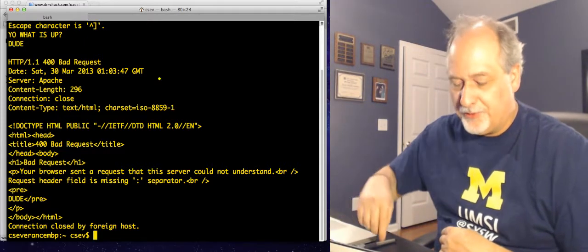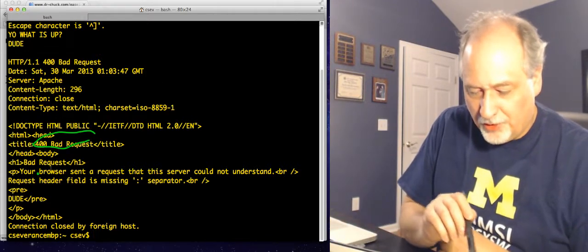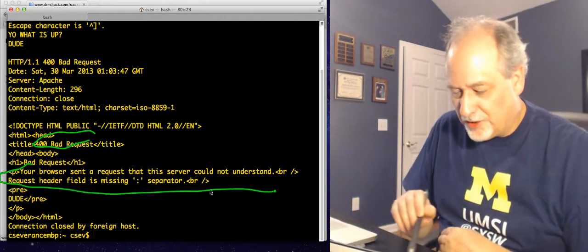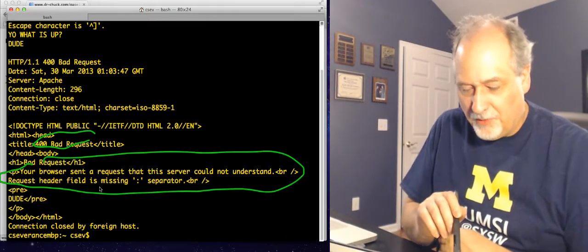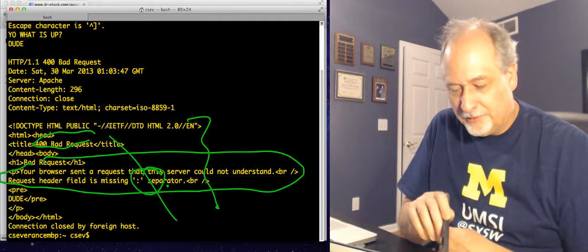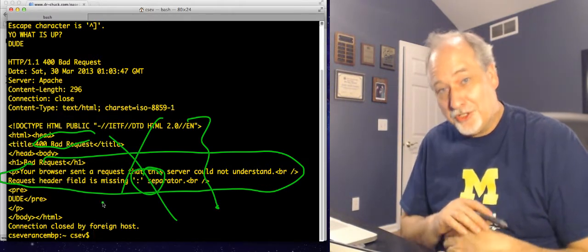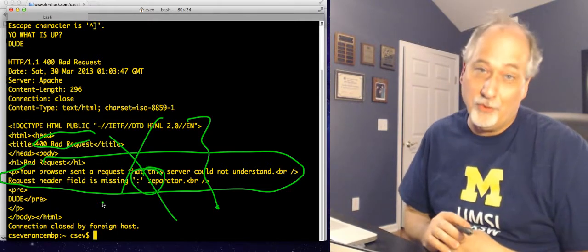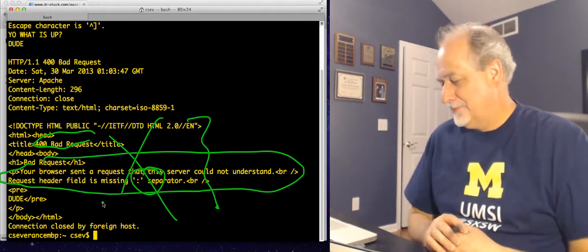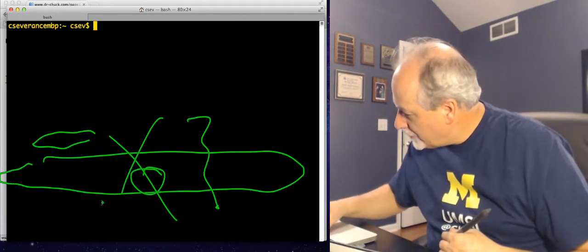Of course, the way web servers are saying this is they're saying, bad request. Your browser sent a request that this server could not understand. The request header is missing a colon separator. You do not comply. Go away. But we did talk. It just told us that whatever we were saying is gibberish to it. And that's okay, because we have read the document. And so we can do it.